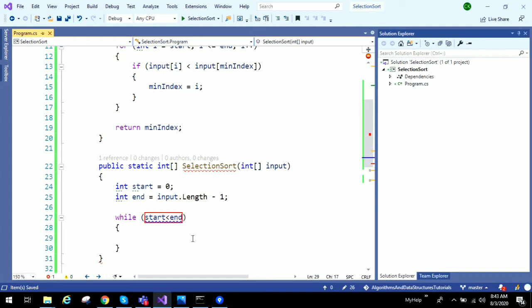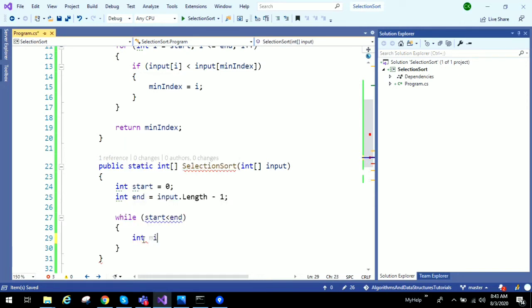And now we will identify the index of a minimum value from this starting position to end, so that we can swap that with the first index value.